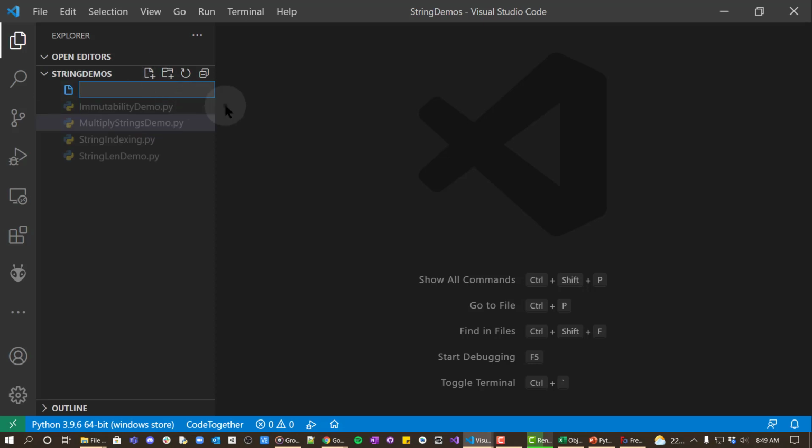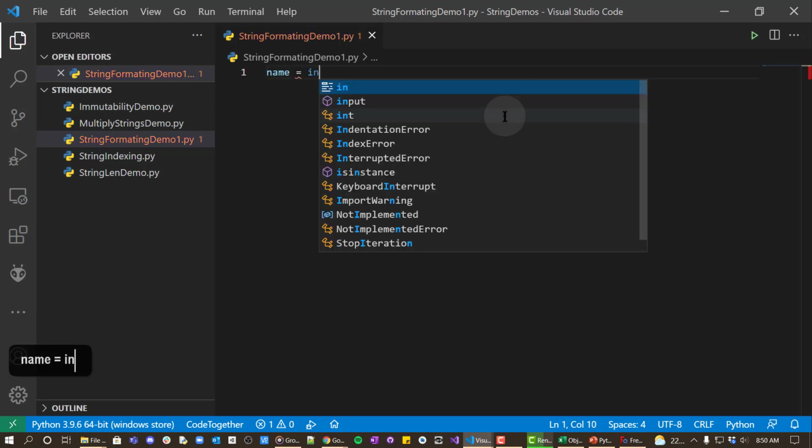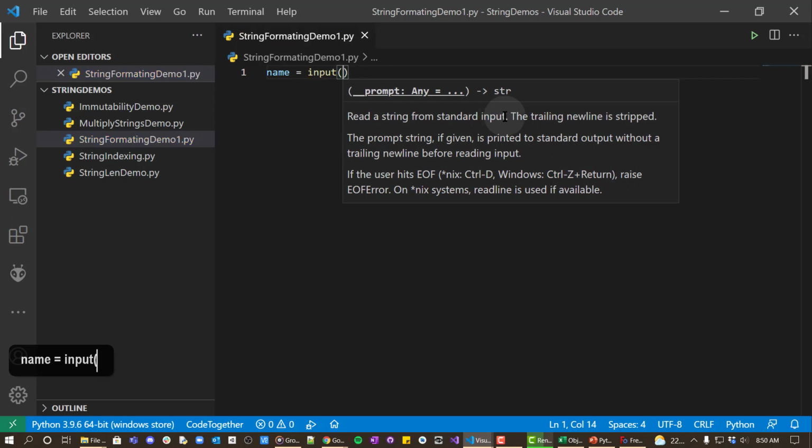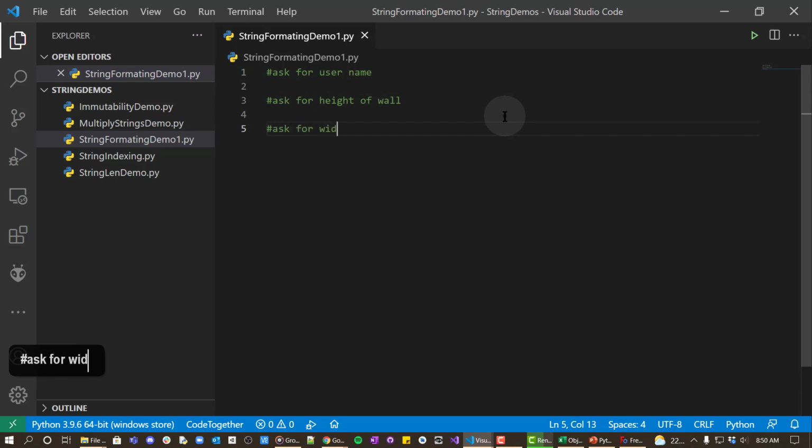We're going to make a program, and we're going to ask the user for their name. Let me do it this way. We're going to ask for user name, ask for height of wall, ask for width of wall,